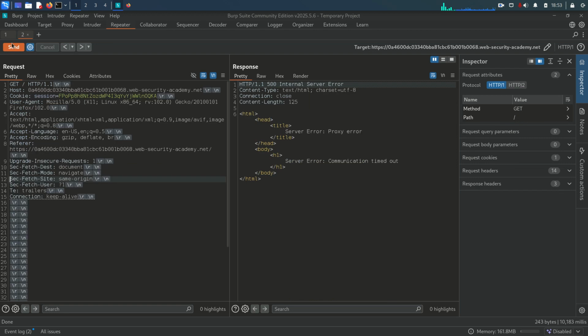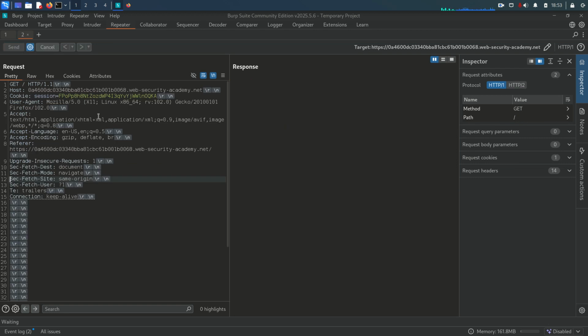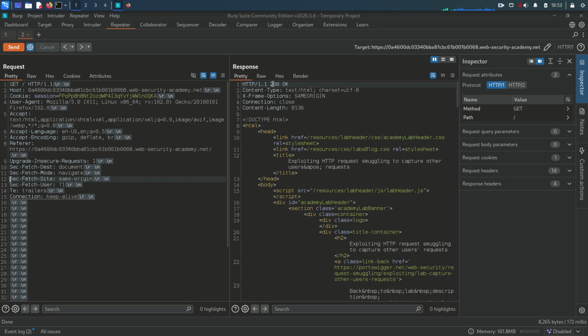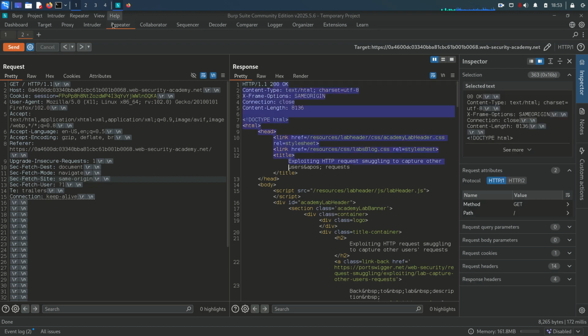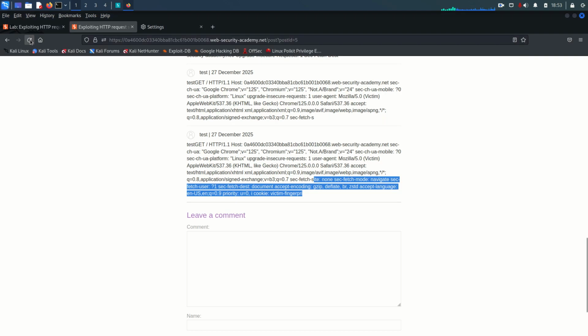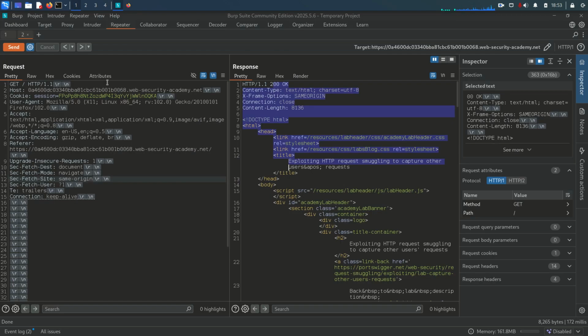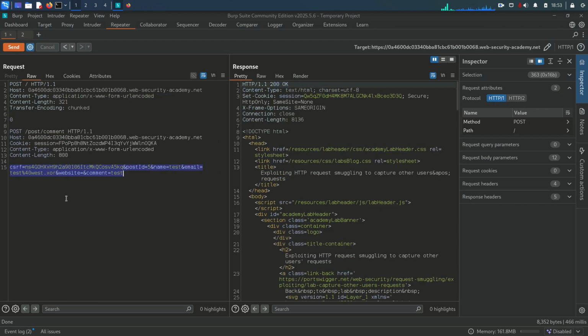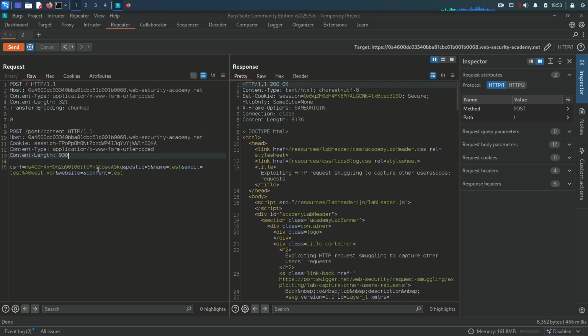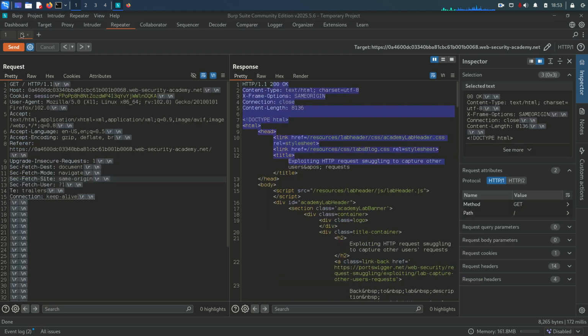200 OK, and send the normal request last time. And you can see 200. Okay, so if we go back to the browser, send it one more time. Oh, sorry, I forgot to increase the content length here. So let's see, I'm going to add here 930 bytes, and here